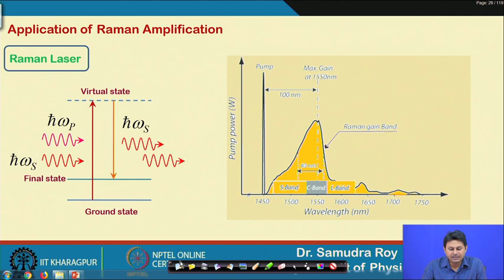There are other materials where we also have Raman amplification, and in those cases this gain curve may change. It depends entirely on the material you are using. With this note, let me conclude the class here. Today we learned the complete process of Raman amplification, and in the next class we will start a brand new topic, which is pulse propagation in nonlinear systems, which will be the last topic. Thank you for your attention and see you in the next class.